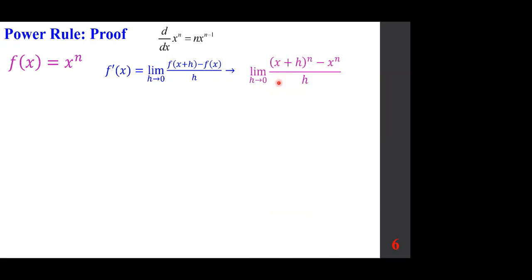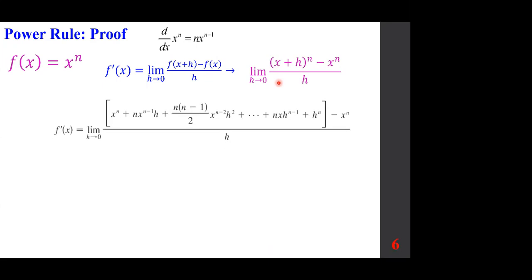When I expand this one using binomial distribution, this is what I get. I'm going to explain this again. This is from algebra. We have done this algebra. I'm going to just refresh your memory. And the formula is the following, class. When you have x plus h to the power of n,